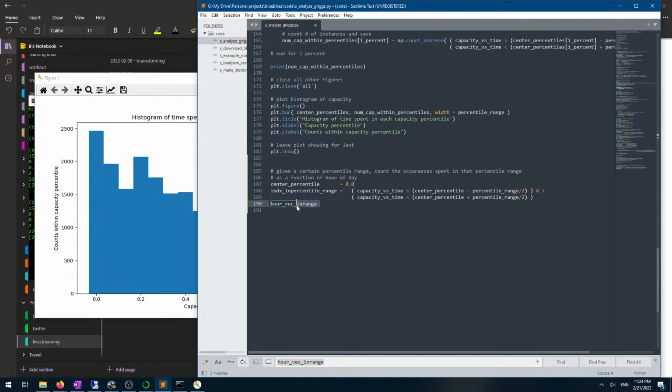all the x-axis data, where the y-axis data is within this percentile range of capacity. So hour vec in the percentile range equals hour vec, indexed with this Boolean vector. And then I want to say,